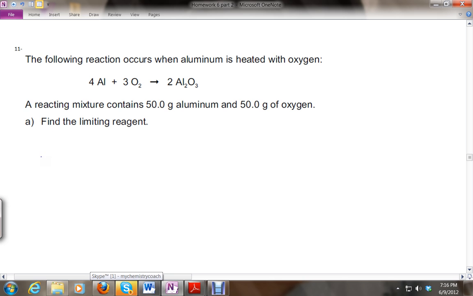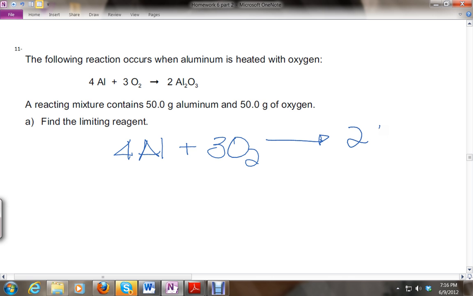And the following 11, before stopping this, the following reaction occurs when aluminum is heated with oxygen. Balance the equation. I copy it just in case I need to take it down again. Do you see how important it is to have the balanced equation? Because, like I said again, recipe. So